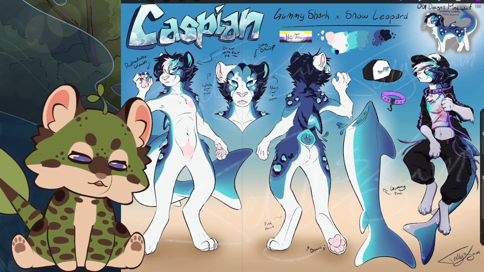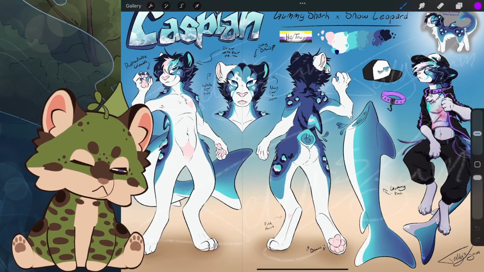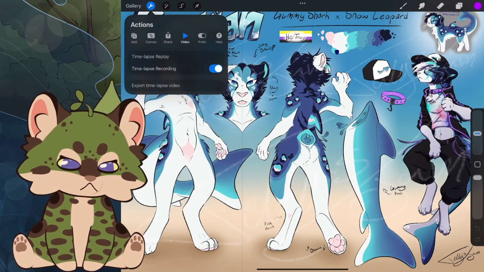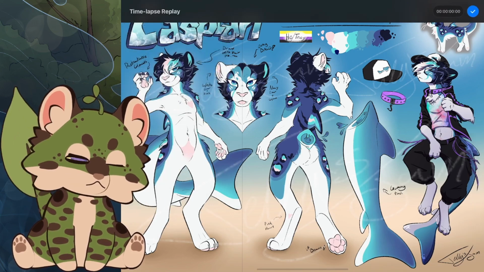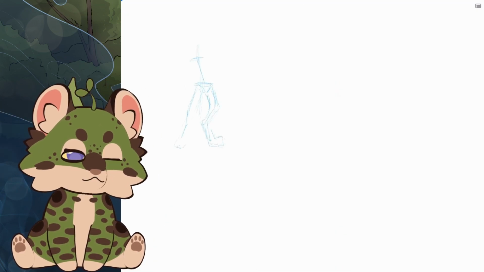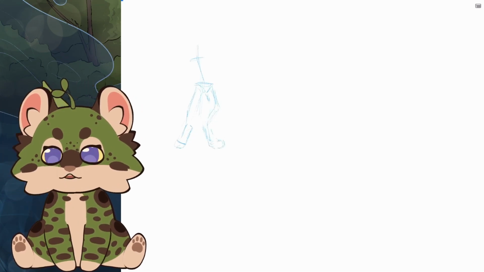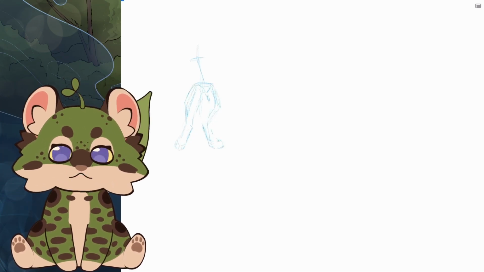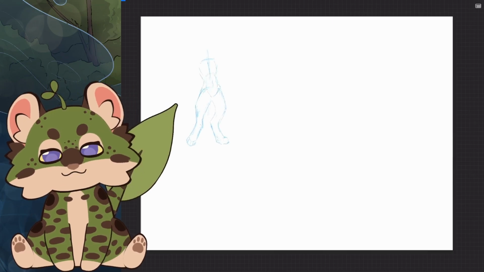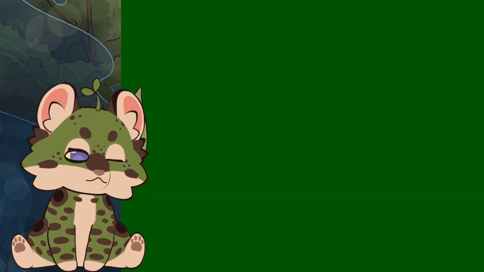But anyways, we're gonna go over Caspian's ref sheet and give some information on how I do these sorts of things. So we're just gonna do it this way in Procreate because this is the way I'm doing it. So, as with all things, you start with the sketch. So I'm picking out a pose. I am in that upper corner of the canvas, so you know that's fine. But we get our pose, and it is